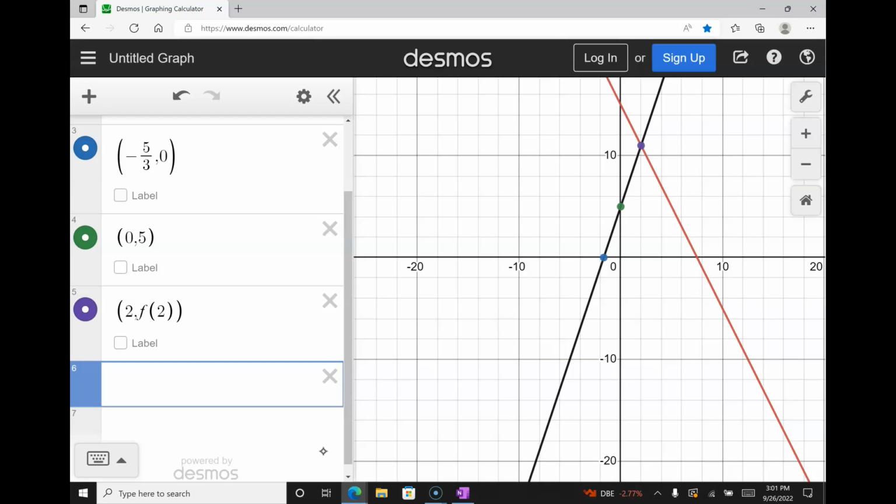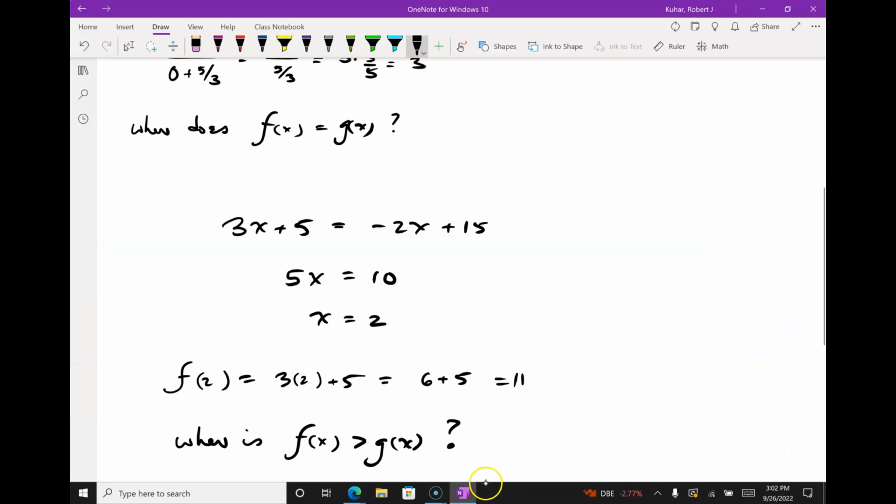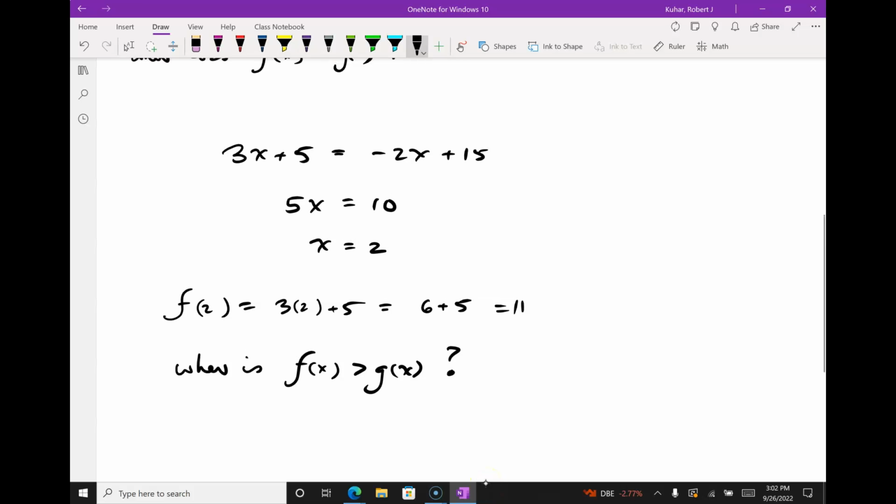For what x values? So I know they meet at 2, and to the right, the black line is always above the red. So when x belongs to the interval (2, infinity),